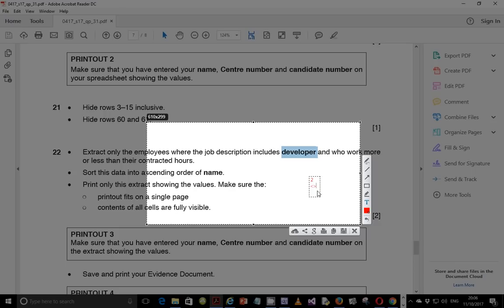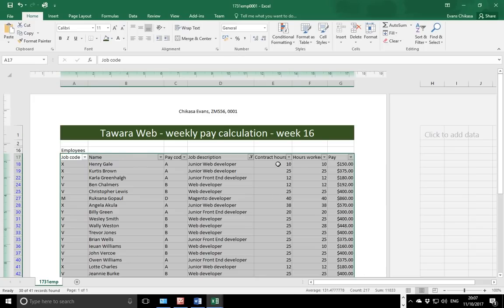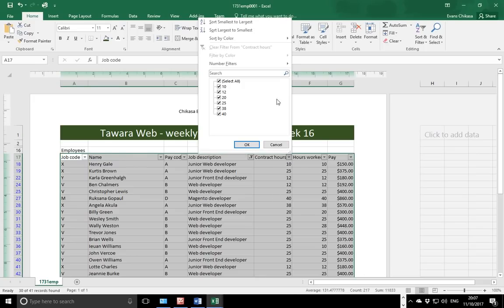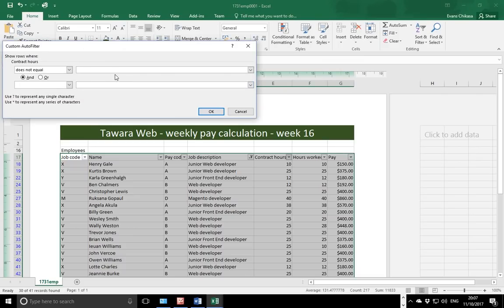So the symbol we use to extract that is the less than or greater than symbol, or does not equal to if you are using text filter. What you need to do now is to come back to your filter for the contracted hours, and then use number filter and use the does not equal to. Okay, so use does not equal to, and then does not equal to,